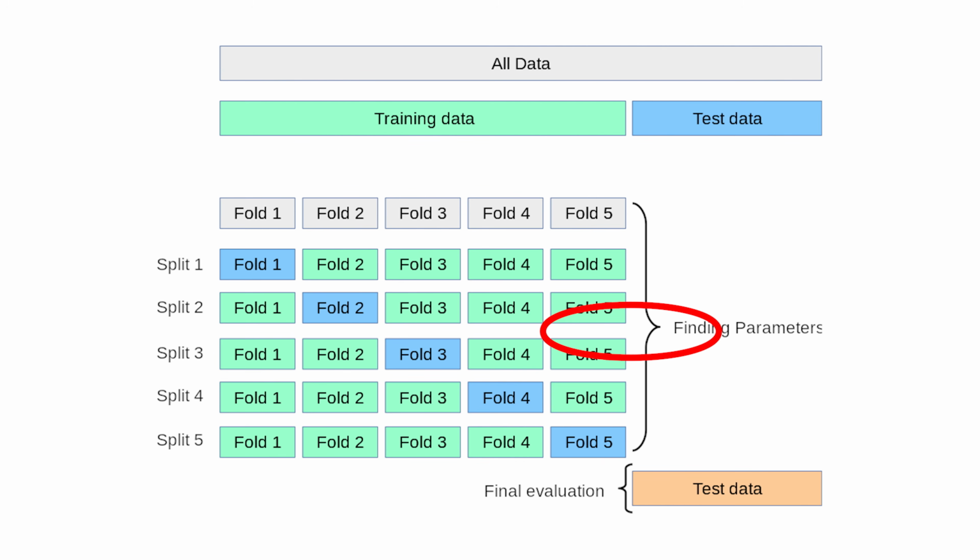Cross-validation extends this concept by repeatedly training and validating the model on different splits of the data. For example, in 5-fold cross-validation, the data is divided into 5 parts, and the model is trained 5 times, each time using a different part as the validation set and the remaining parts for training. This practice provides a more robust estimate of the model's true performance and helps detect potential issues like overfitting or